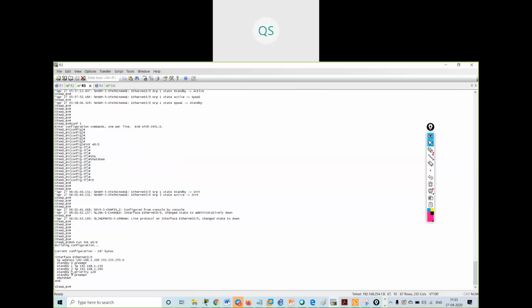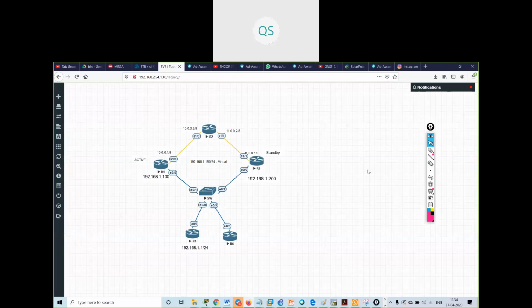Sir, one doubt, sir. If one link goes down, the onward packets will get switched to the other router, sir. But the return packets, as the return packet comes from the R2 router. See, if the packet is going in this way, it will come in this way only. When the link goes up. But how will R2 know when to switch, sir? See, R2 will know due to the default route.